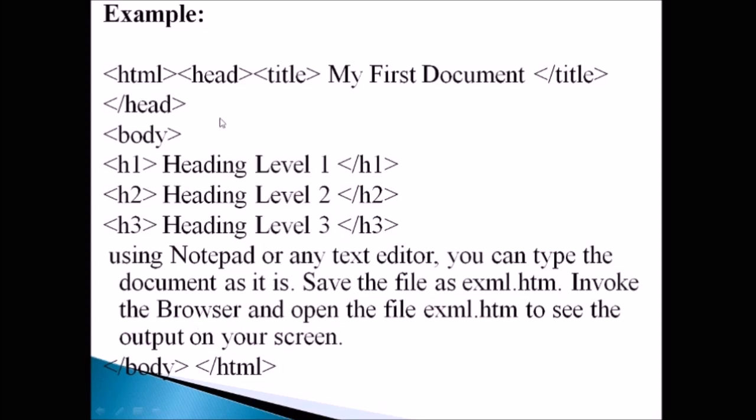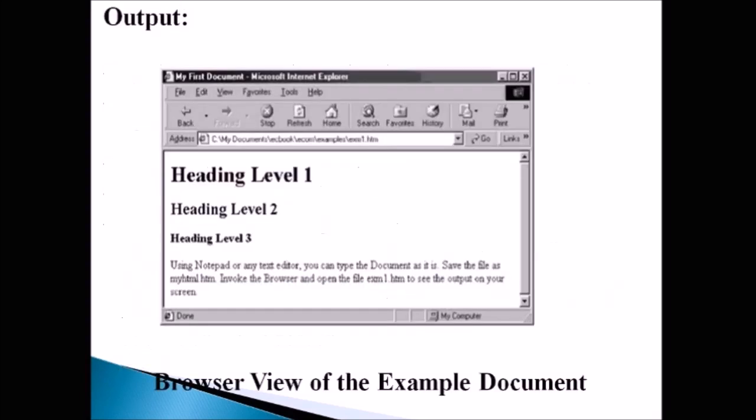Now here is the example HTML document with the basic tags. Let us invoke it on a browser. Here you can see the output. This HTML document is invoked using the Internet Explorer browser, where you can see the title, "my first document", which is given in the document.